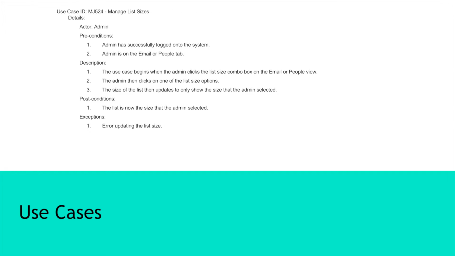Our next use case is manage list size. As a precondition, the administrator has successfully logged into the system. The admin is on the emails or people tab. So the use case begins when the admin clicks the list size combo box on the email or people view. The admin then clicks on one of the list size options, and the list size